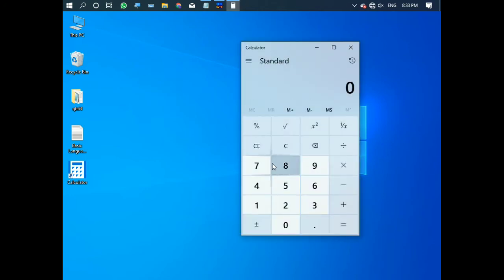Suppose I write a huge number like this, multiply it with this, and then equals. So this thing comes, E, then after that 17.